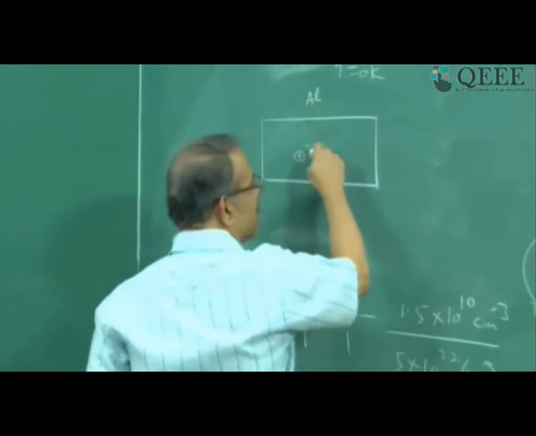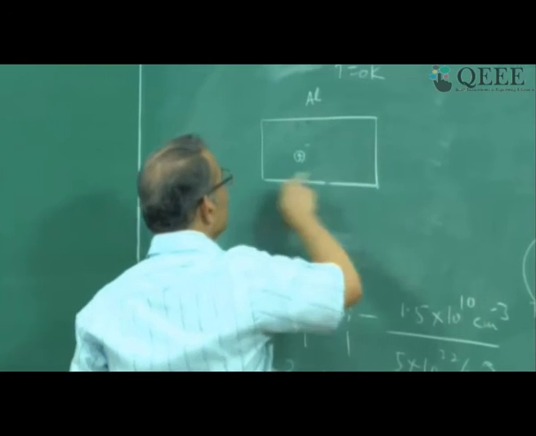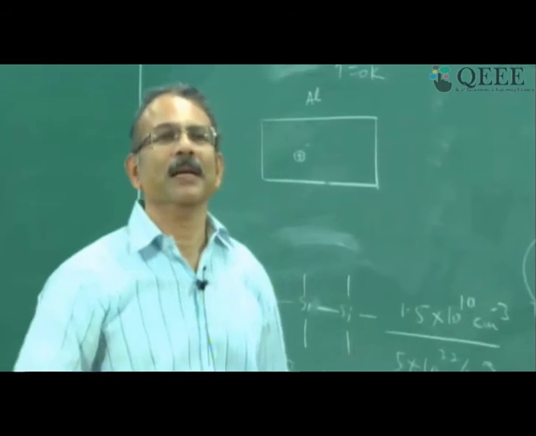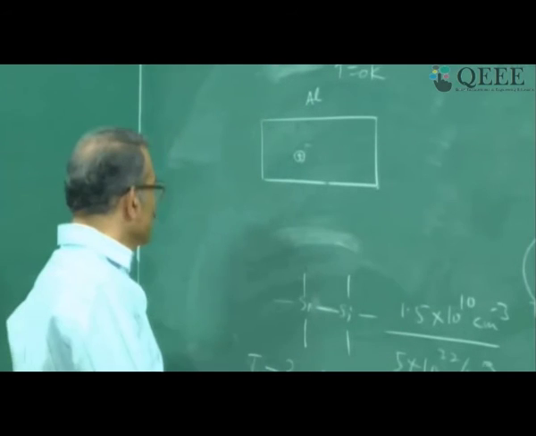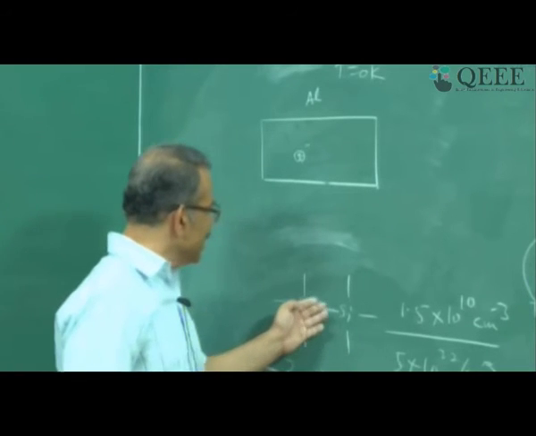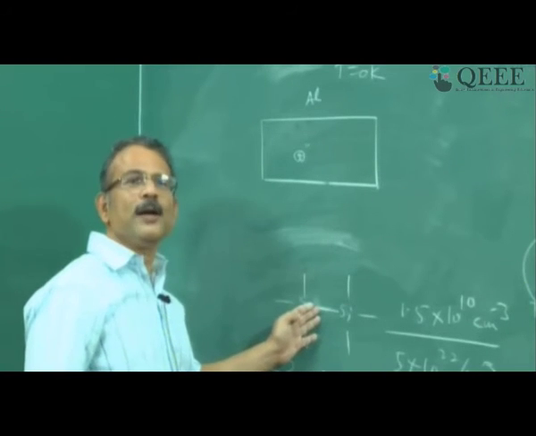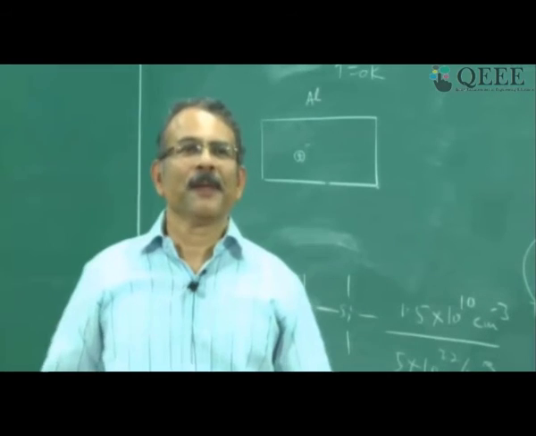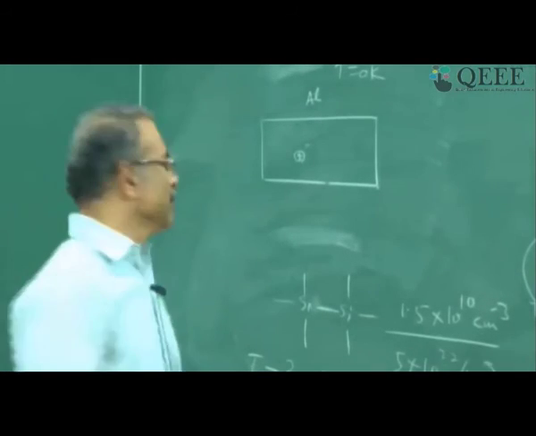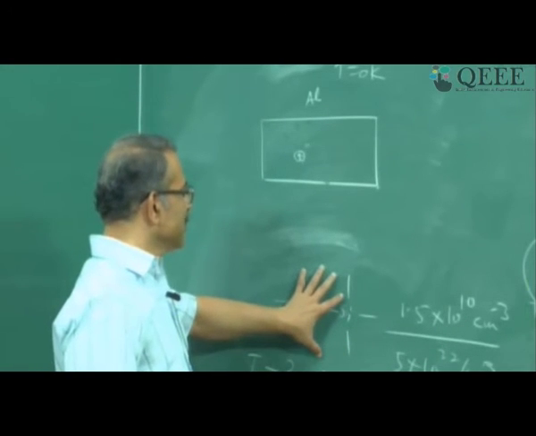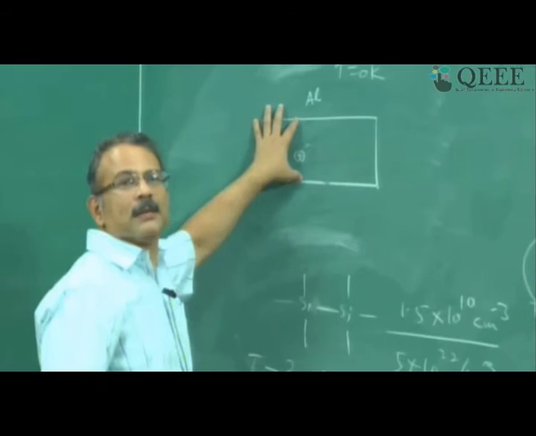Whereas in the case of aluminum, all aluminum atoms are ionized. Even at T equal to 0 K, they can give electrons. Their electrons are available, free. So there is no question of creation of electron-hole pairs here. Suppose all silicon atom bonds break, you would not have any holes here, right? In fact, the silicon will melt if all bonds were broken. So the bonding in a semiconductor is different from bonding in metal.